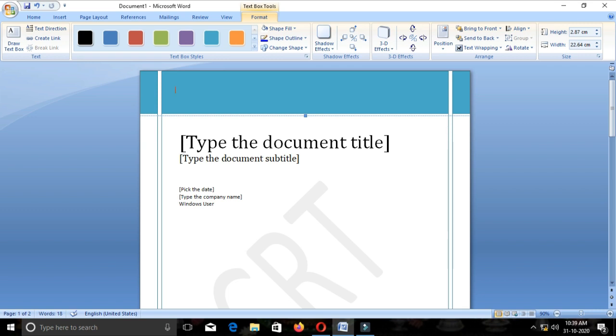Now I take the place for typing the company name. My company name, Cloud Technologies. I want to make the font some large size.